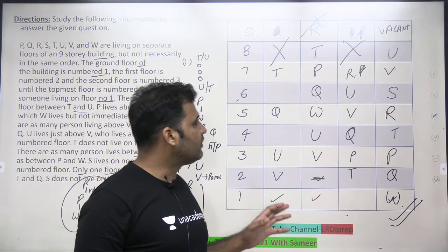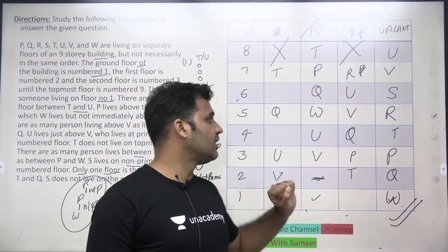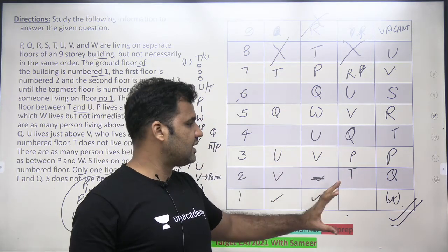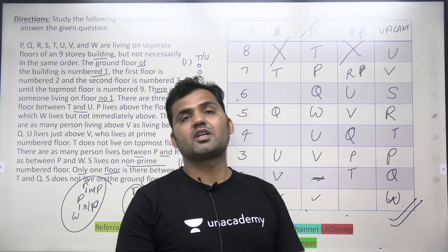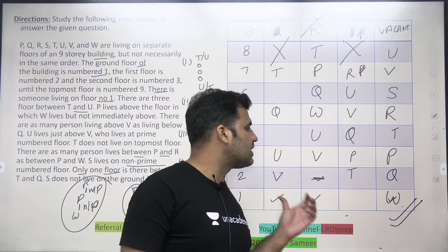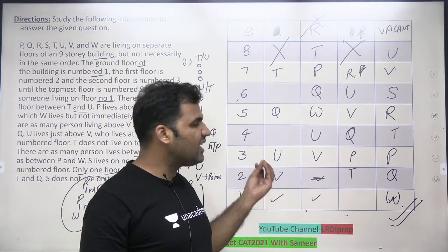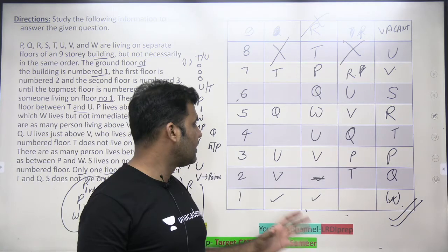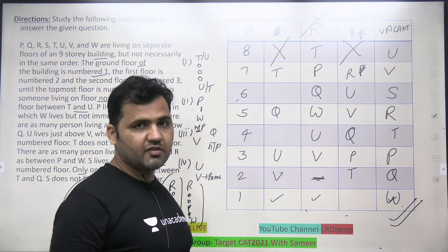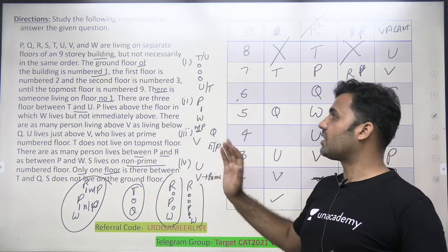So in these type of questions, sometimes you'll have to make multiple cases, right? And in Maharashtra CET, you'll generally find a set which is slightly on a higher side of difficulty. So you should know the approach of making the multiple cases and eliminating the cases quickly, right? For that, you need to write down all this information in a very organized manner, and you should be able to interpret the statements in a right way.